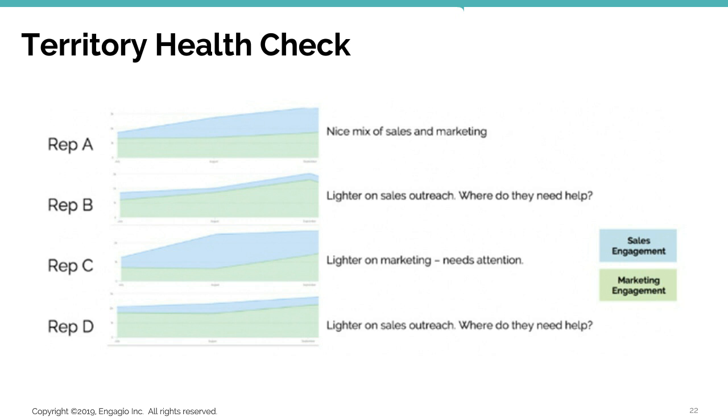It's actually working. Now, there's high marketing there, but there is a low sales touch there, so we need to look at that and see where they need help. As I did this program, although I was trying to help Rep B, what I found is Rep C is the one that really needed more help. That territory had a low marketing engagement, so I needed to put more programs in place for Rep C